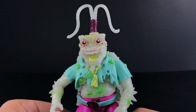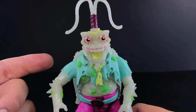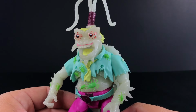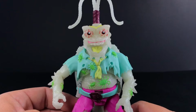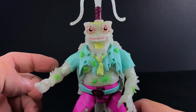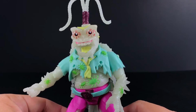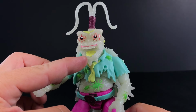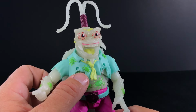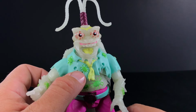You know, at night when he's glowing in the dark, it's not going to make much difference, but in the daylight or room lights, this blue and the green of the bugs and even the yellow is just too bright. It all blends together, and it all blends together with the white plastic of his skin, all this glow in the dark stuff. So when you just look at him, there's not much contrast and nothing really pops, in my opinion. You really have to pay attention to the yellow in his tongue, or the tie stands out next to this blue, but the bugs especially, when you look at this thing just under normal lights, the bugs just